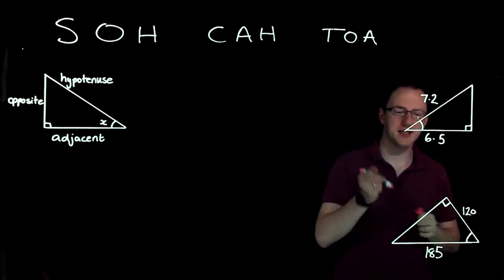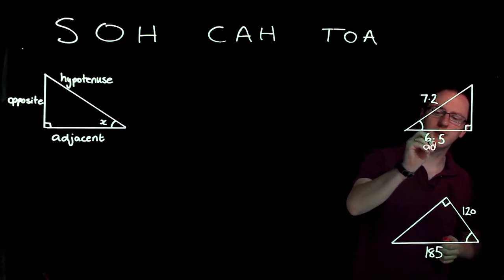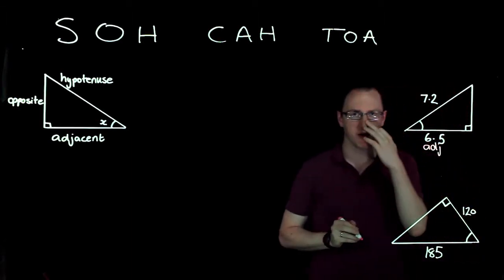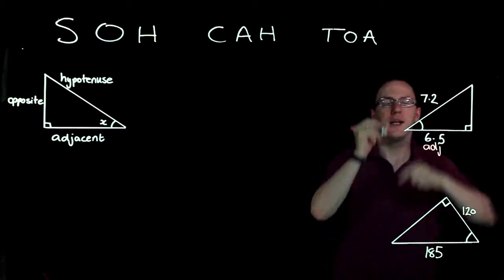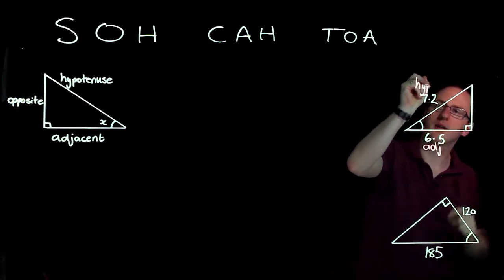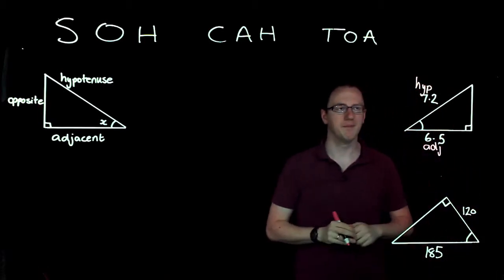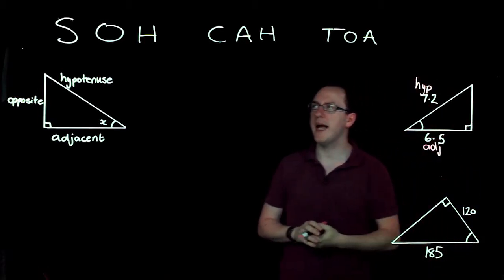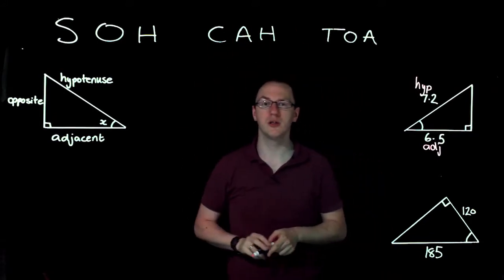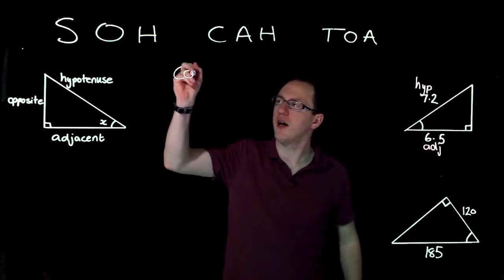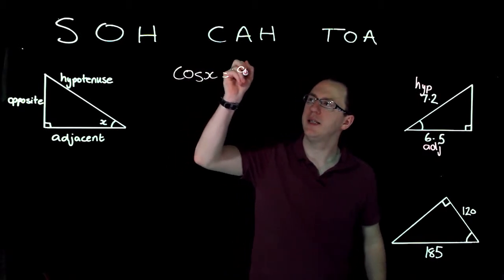So relative to that, this side is the adjacent. It's beside the angle I'm talking about. It's between the angle and the right angle. And this side here is the hypotenuse because it is opposite the right angle. So adjacent and the hypotenuse, A and H, O and H, A and H is this middle one, cos. It tells me that cos of our angle equals the adjacent